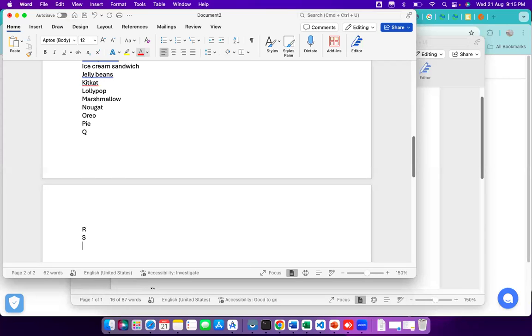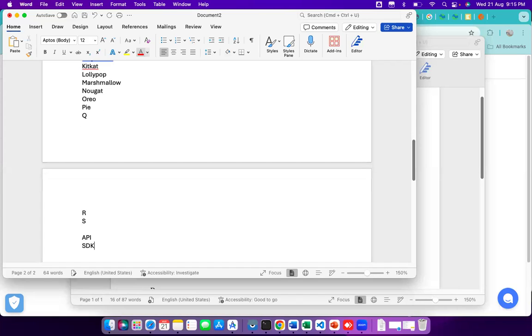Now each version has one API level as well as one SDK version. SDK means software development kit.